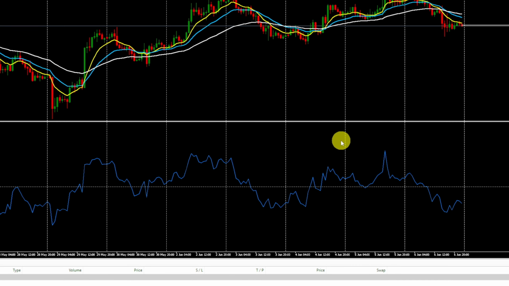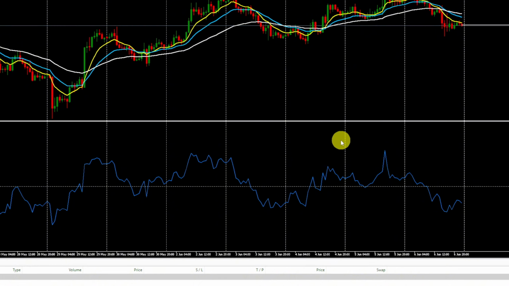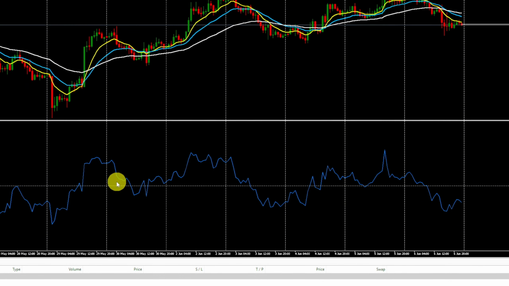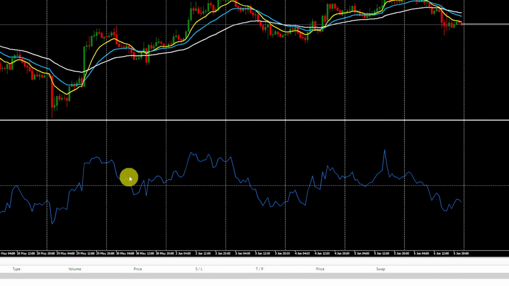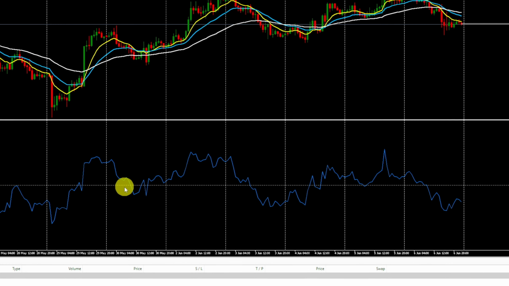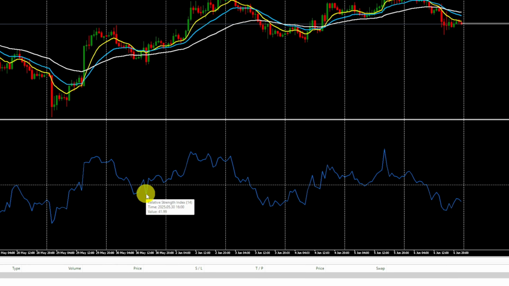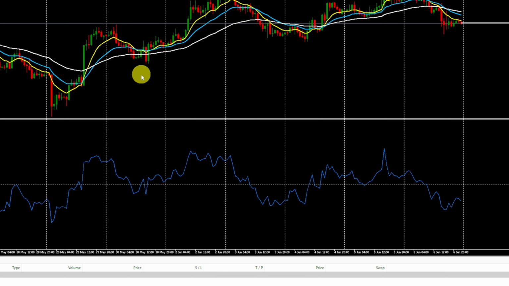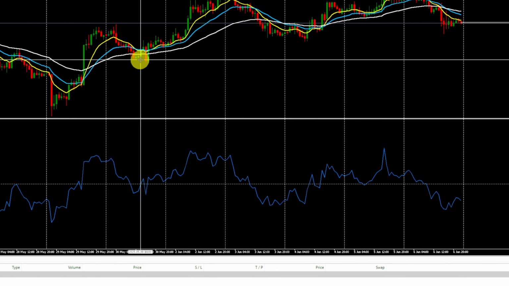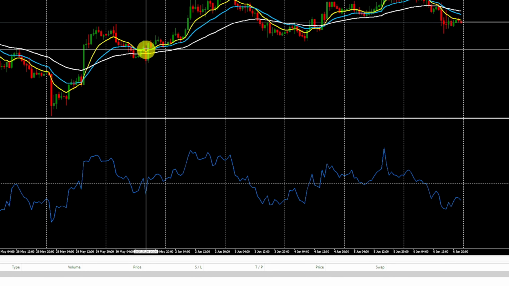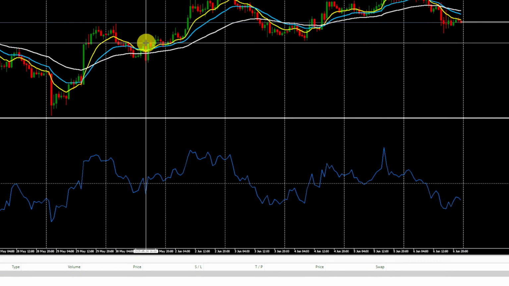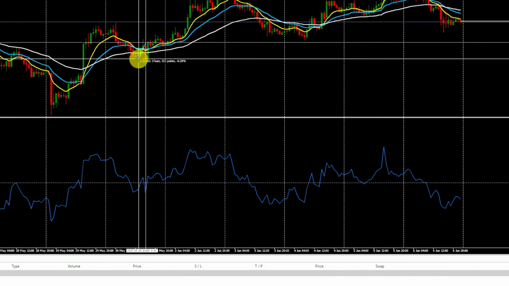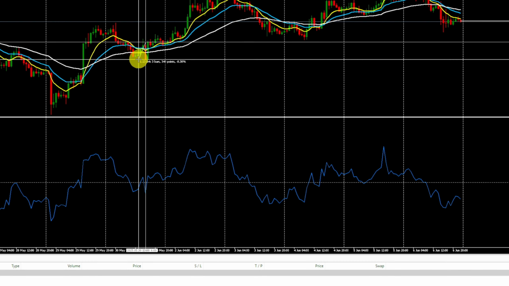And the thing is as well, we don't want to be looking for any false setups, or we don't want to see any false setups. So we've got here a little bit of spaghetti on the RSI, crossing below, above, below, above. So let's just say the moving averages are in line. The first cross above is right here. So the entry, if we put our stop loss just under the swing low, we would have had